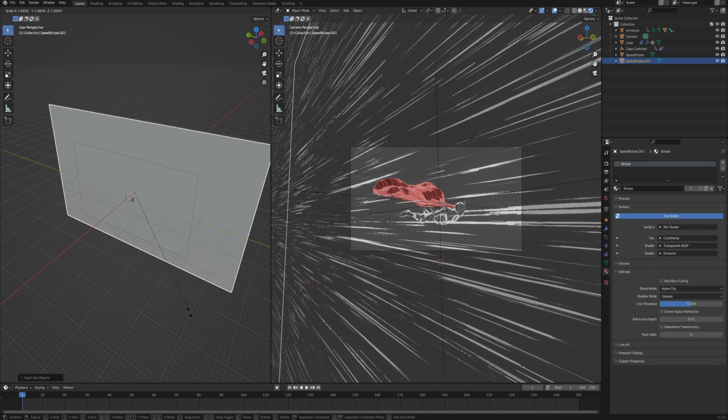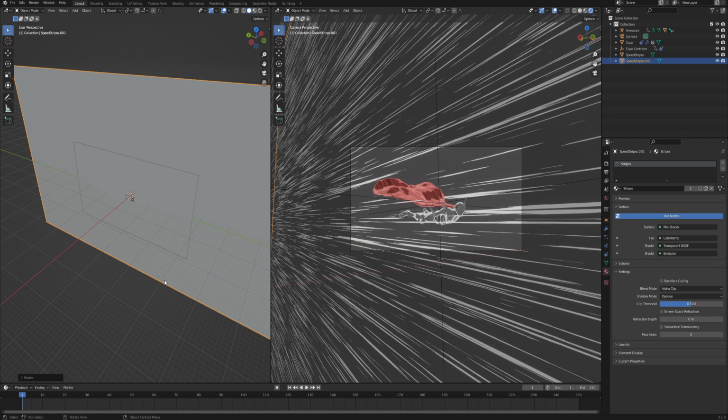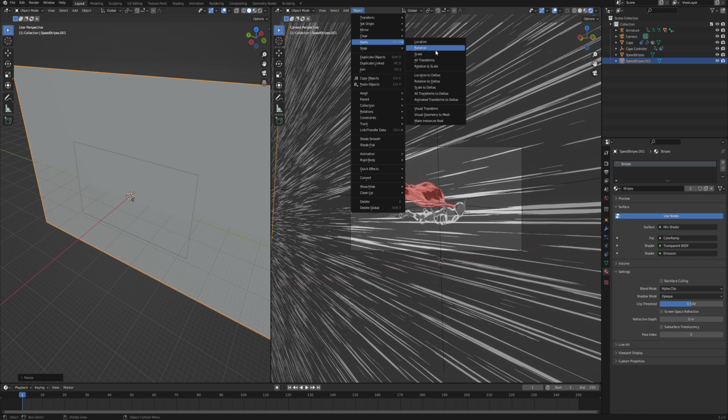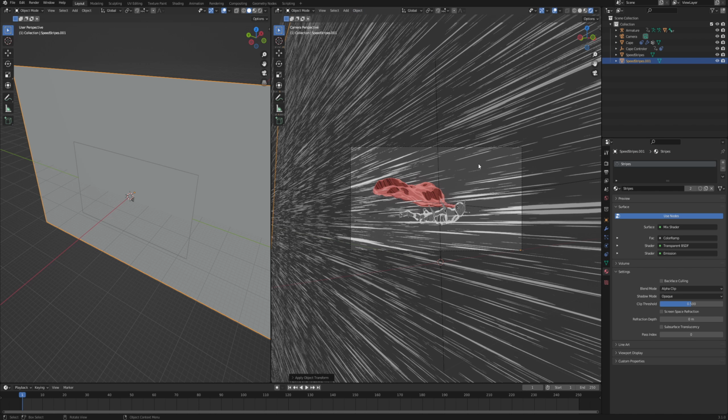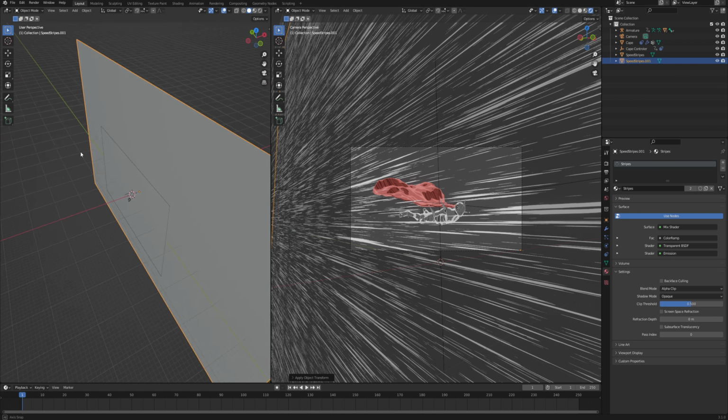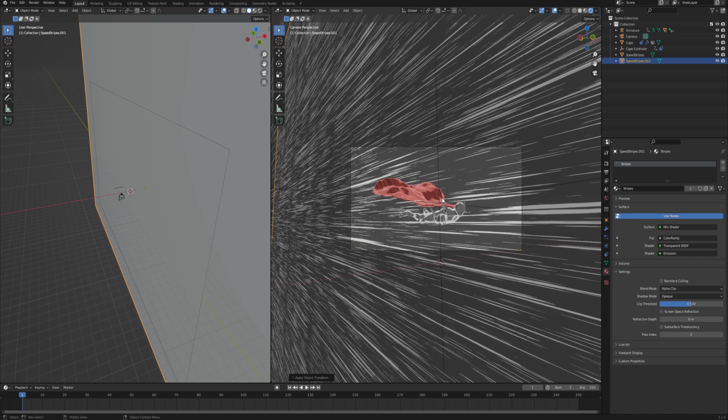You can also make it much bigger, and as you can see, as I mentioned before, the size of the stripes changed. But then we go object, apply scale, boom, the same size across. But the problem is now that they are so dense, and also they are the exact copies of each other, that it doesn't look that nice.